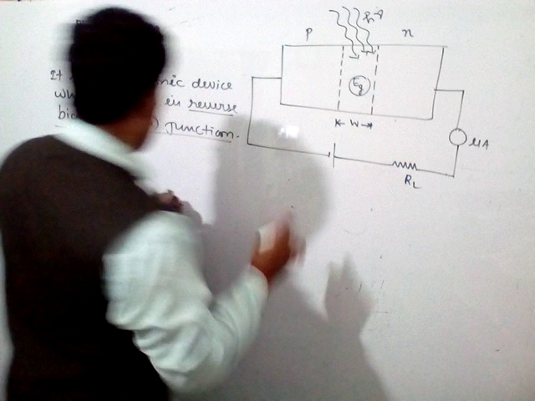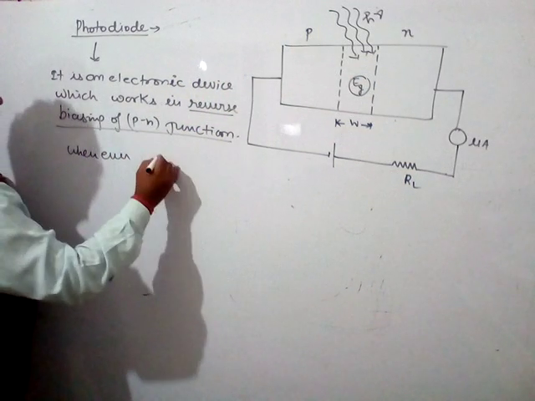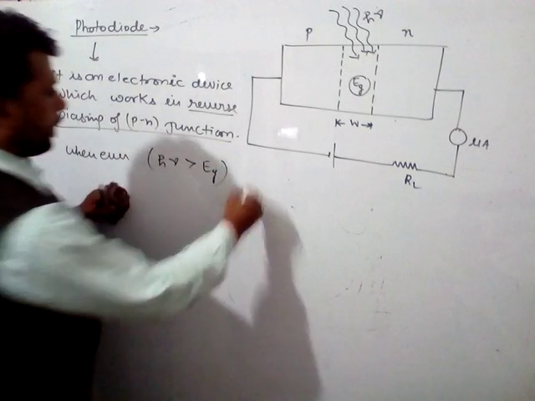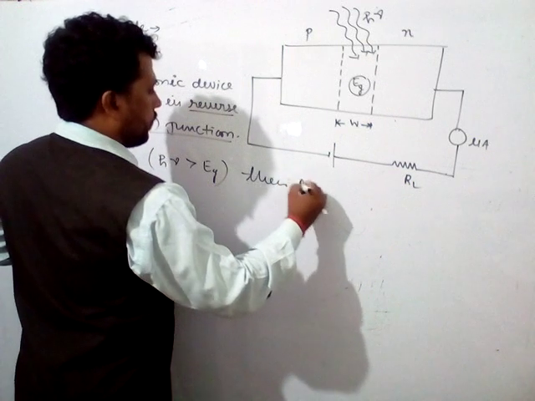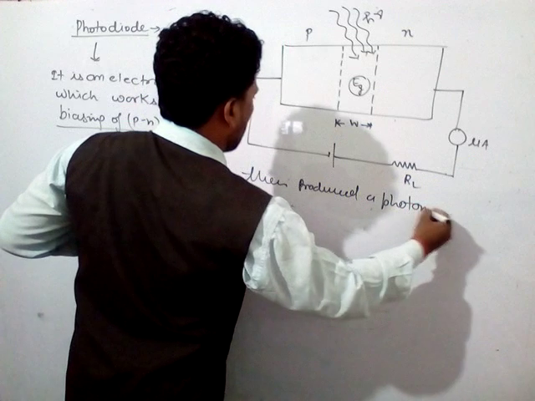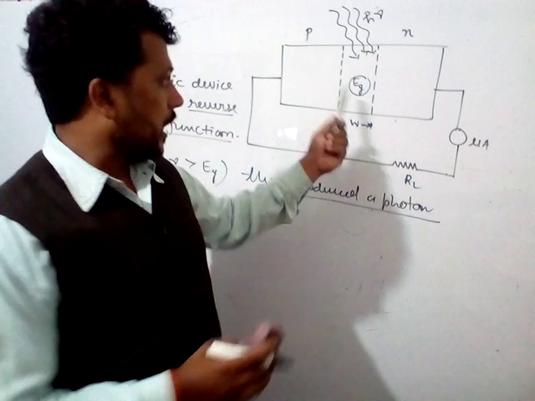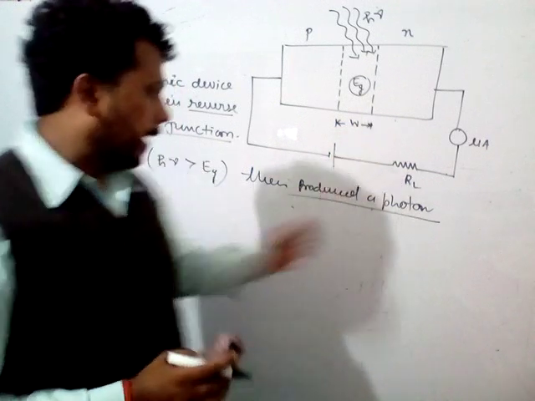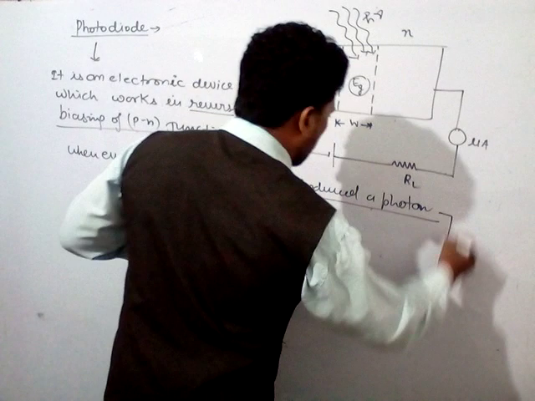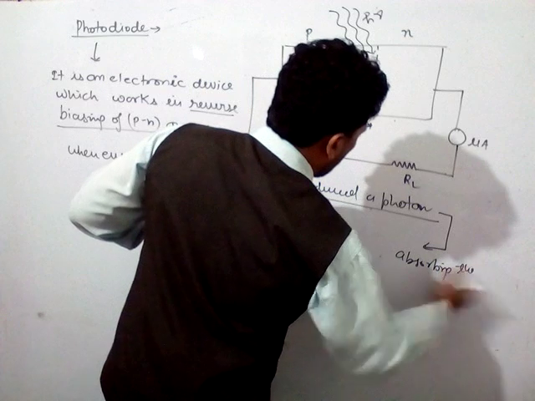Whenever h nu becomes greater than Eg, then a photon is produced. जैसे ही ये एनर्जी h nu इस एनर्जी गैप और डिप्लेशन लेयर की एनर्जी से ग्रेटर हो जाती है, तो एक फोटोन प्रोड्यूस होता है, और इस फोटोन को एब्जॉर्ब करके, and absorbing the photon,